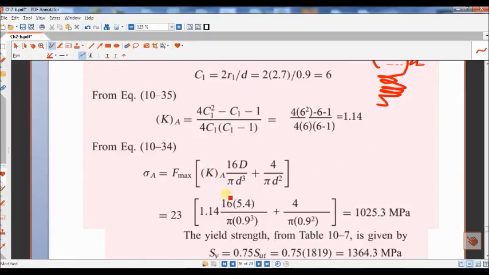Now I can find the bending stress again. This is the bending stress at location A. So by the applied load of 23 Newton and the Ka that I found here, I can find the bending stress, which is equal to